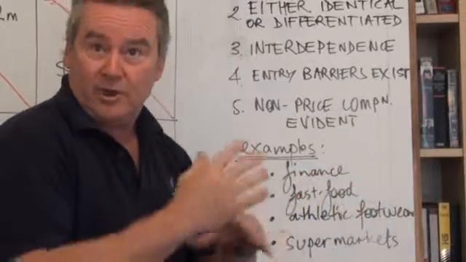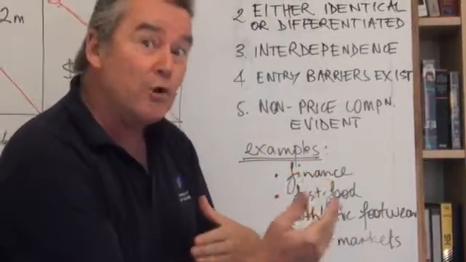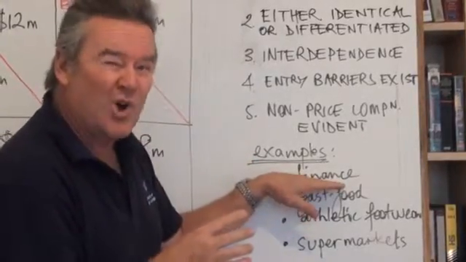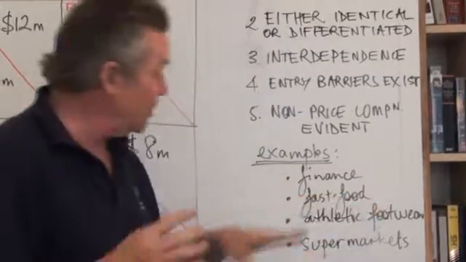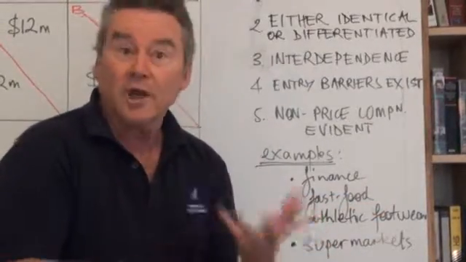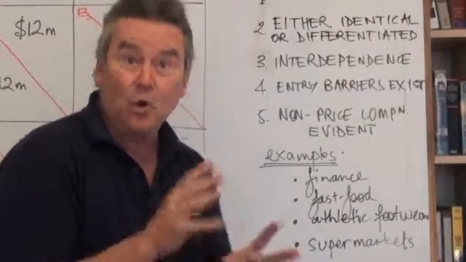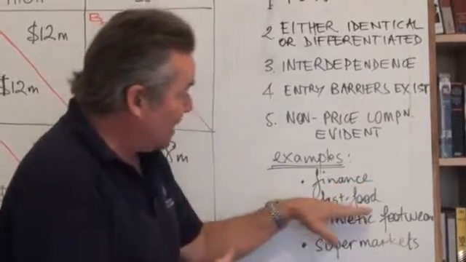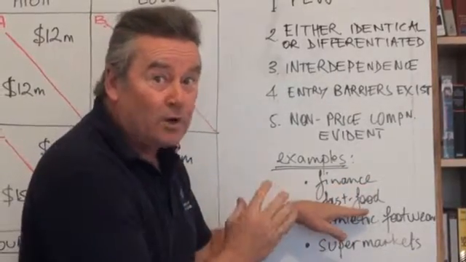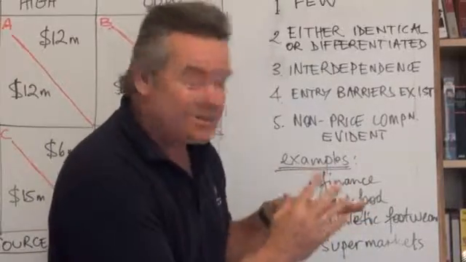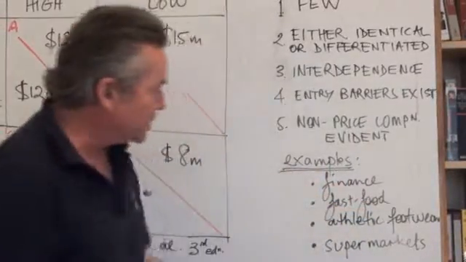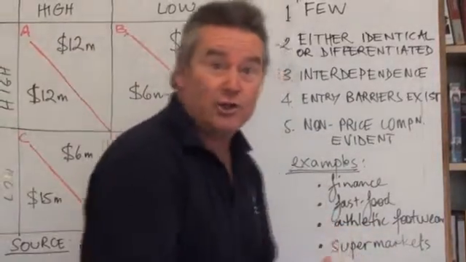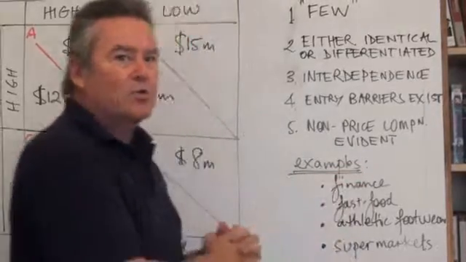So despite the fact that there are many other banks and many non-bank financial intermediaries, this is an industry which is oligopolistic. Fast food in Australia, for example: McDonald's, Hungry Jack's, KFC, Pizza Hut, the big 4 dominate. It doesn't mean there's no room in the marketplace for smaller players, but again, the combined output of the big 4 would be the significant contributor to industry output. Athletic clothing and footwear, supermarkets, even airlines and telcos slip into this category as well.